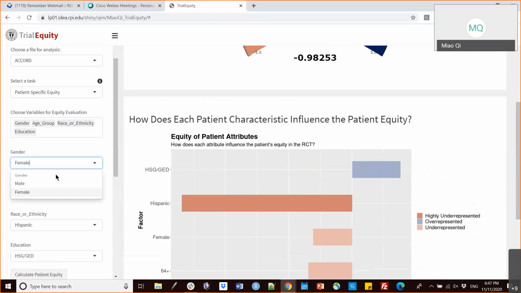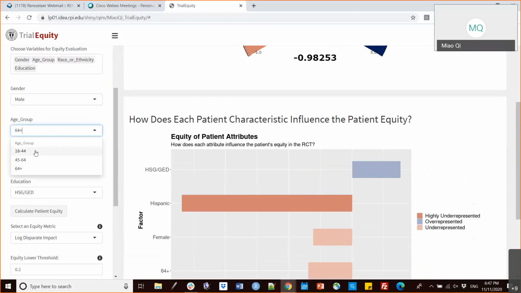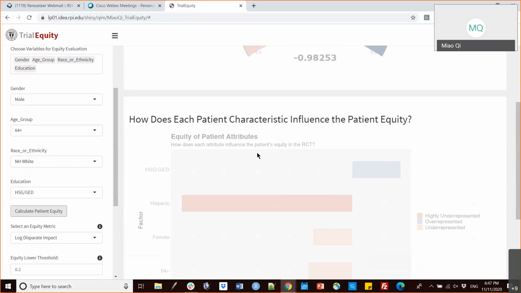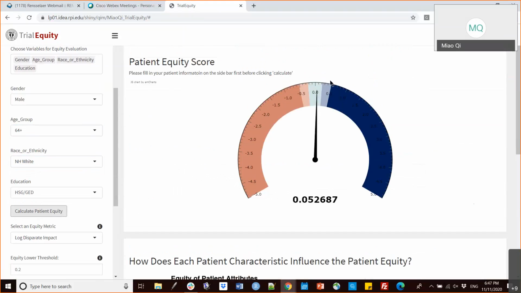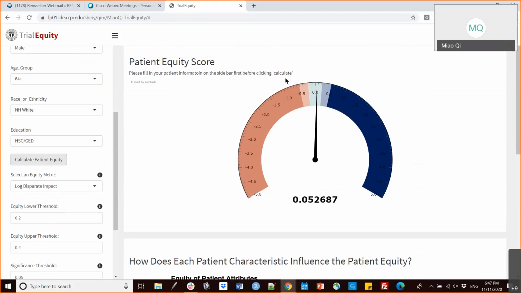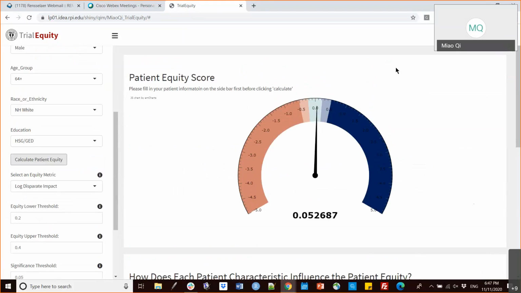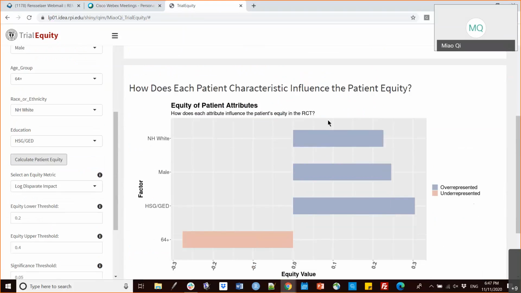But sometimes, for example, if I change my patient to a male over 64 and non-Hispanic white, here you can see that for this patient, this study equitably represents people similar to him. And look here, most factors are overrepresented for this group. So if the physician thinks the overrepresentation is not influential for his patient, this study may be